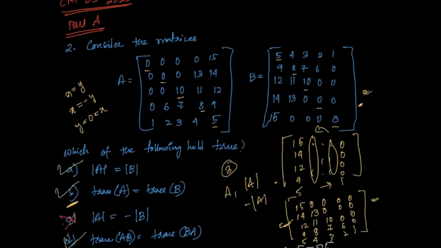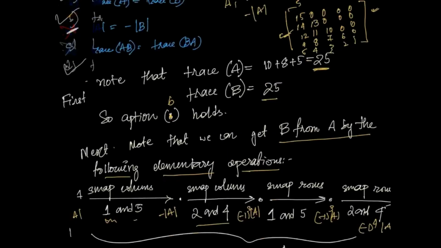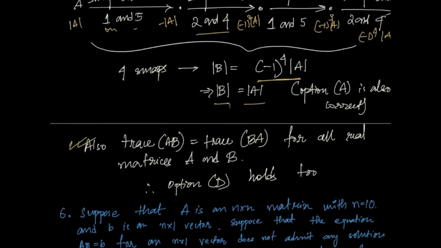So one of the key takeaways from this question is, when you see these large matrices, when you see very large A and B and such matrices, and they look kind of the same, they have the same elements, and there's a pattern to them, always try to check if you can get one matrix from the other using some series of elementary operations or not. Because if you can do that, then you can use the properties of elementary operations on the determinants and stuff, and you can derive whatever is asked in the question very easily. And also, let's remember the properties in the first place. The properties are very easy to learn. They're available on Wikipedia. If you just go to Wikipedia and search for the matrix, look at the properties, just